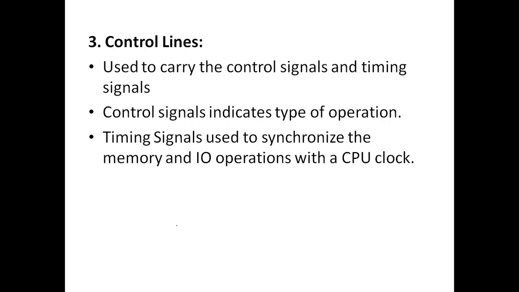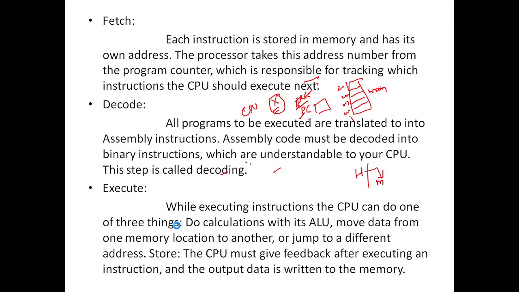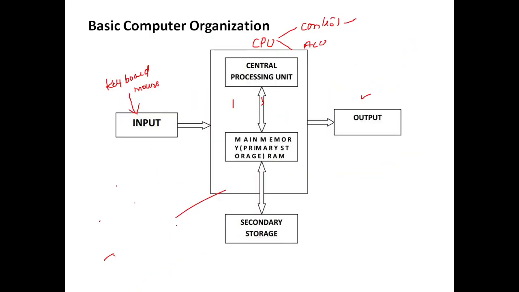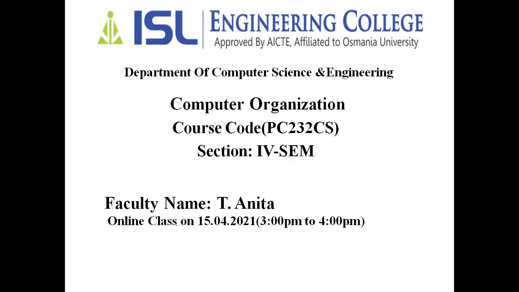Most of you will forget to mention the control bus, but do remember the control bus is one of the major units which is responsible for controlling all the tasks of a computer. Without the control bus, we can't perform the operations in sequence without any rupture. Fine. This is the basic structure of a computer. These are the things that come up when we discuss the basic computer organization. When all these things are connected together, only then will we get the output in a well-defined manner.